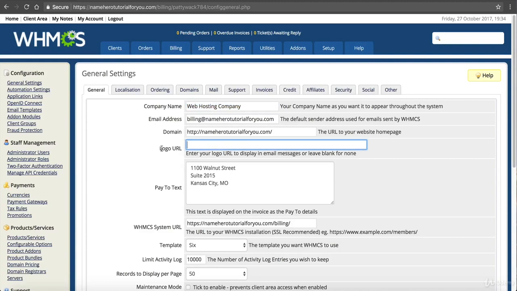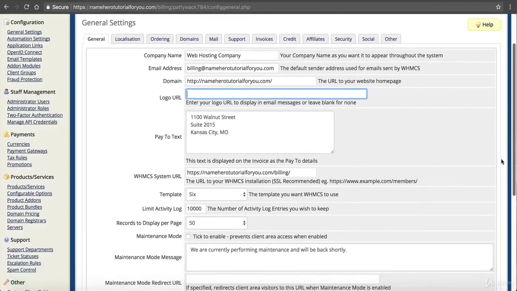Now our logo, if we want to add a logo, we would enter the URL to our logo there. So that's where that is if we decide to add one later. We've got our